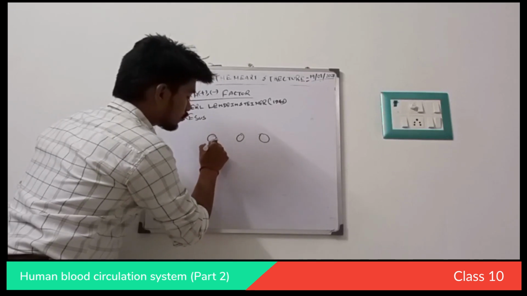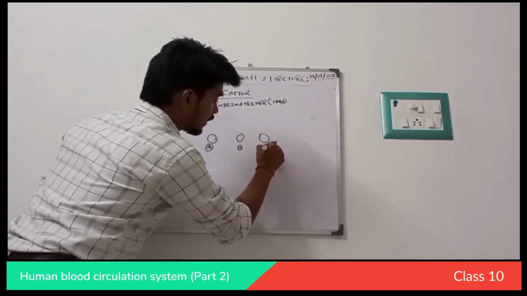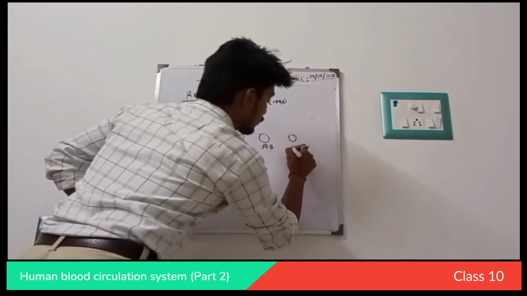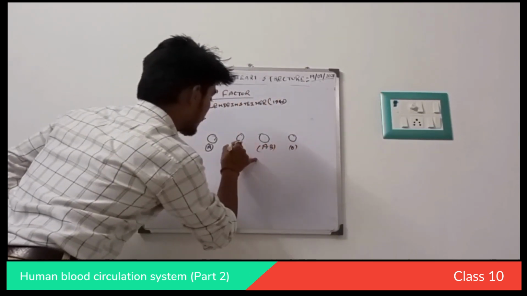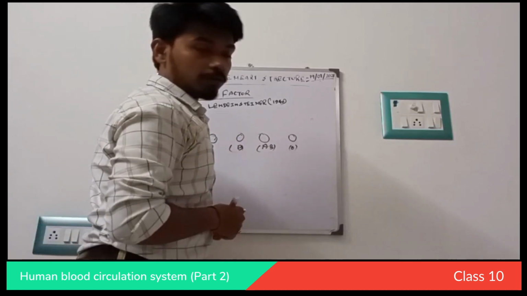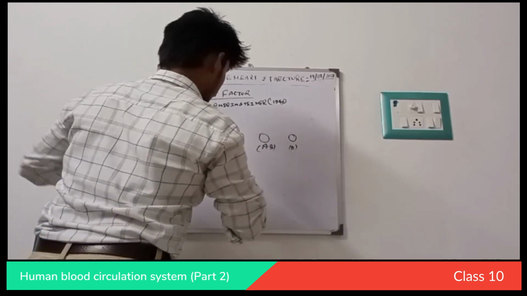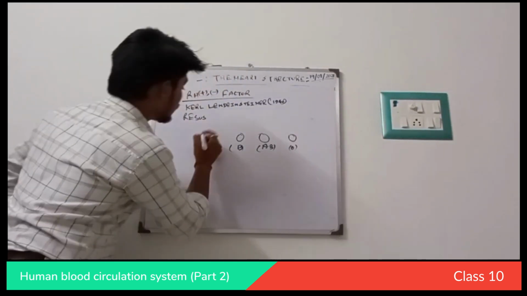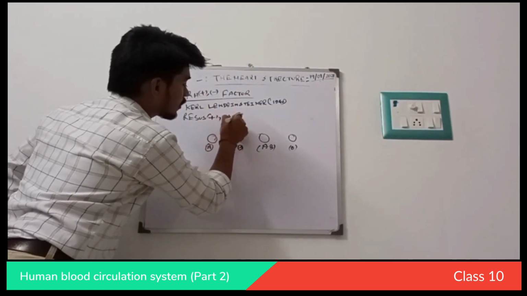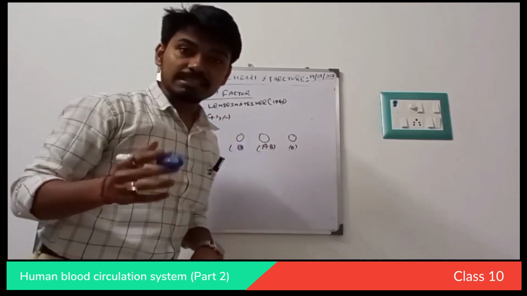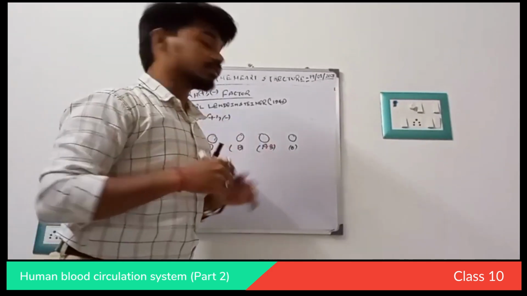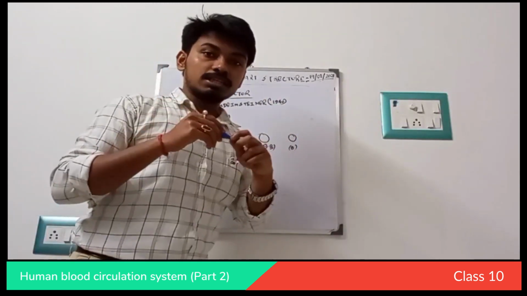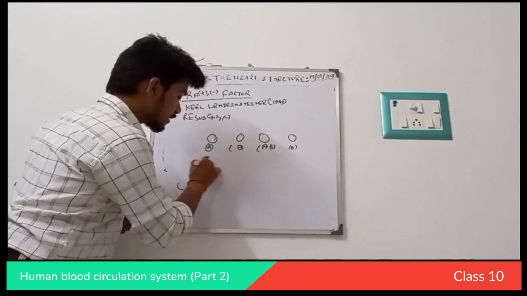I am supposed to take A, B, AB, O. So how are you able to understand? In the rhesus factor, how do you know it is positive or negative? By the help of the anti-A, anti-B test. By the help of the agglutination test. Agglutination means there is clotting and clasping of the blood in the initial period.